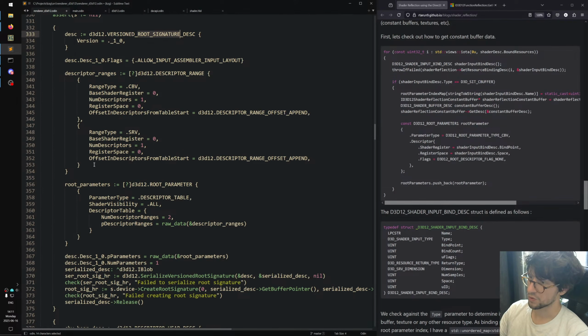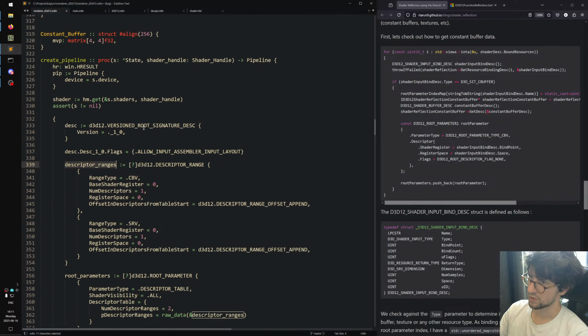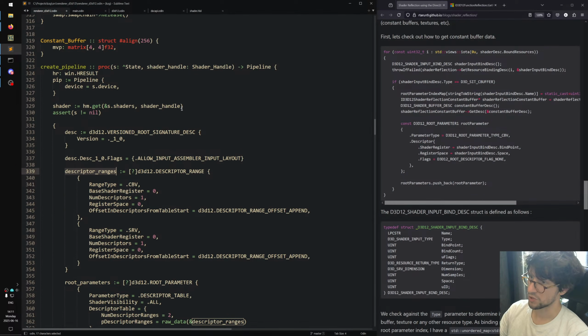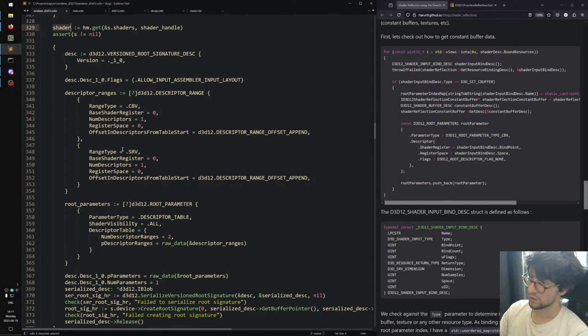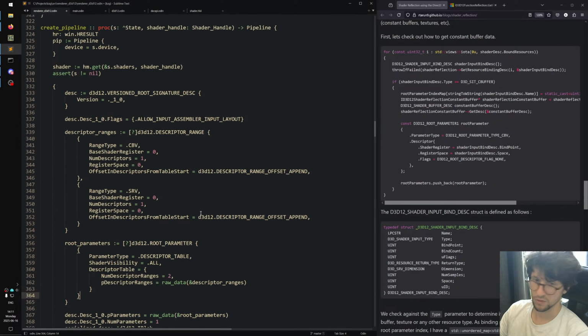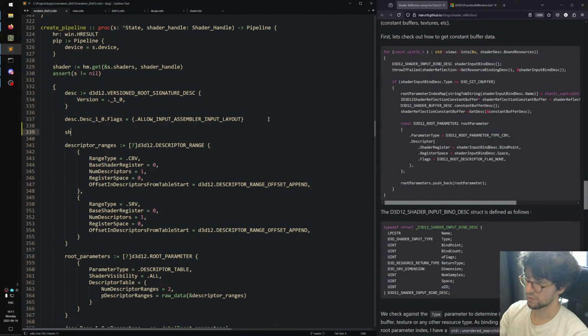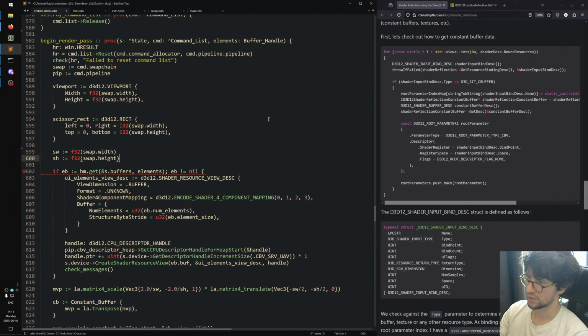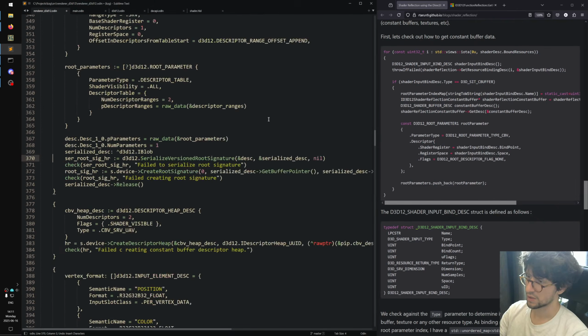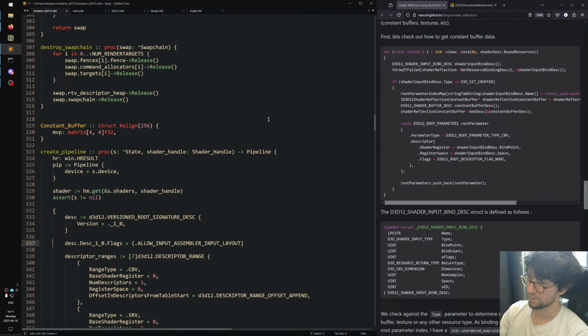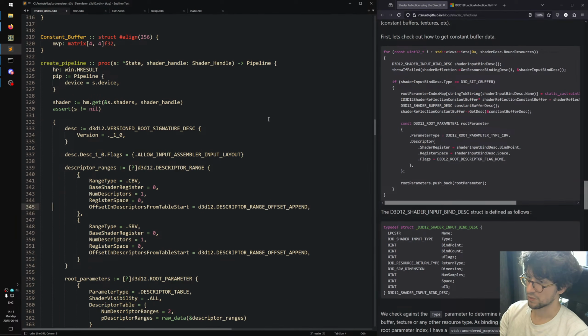Maybe what I should do is just create these things here, these descriptor ranges, because I have the shader here. Maybe I can just create this based on what I have. Let's try this. So I was starting to do things down here. Let's instead go up here. And we say something like